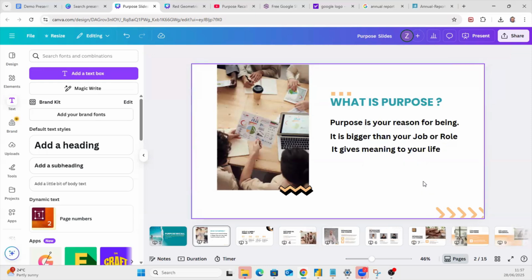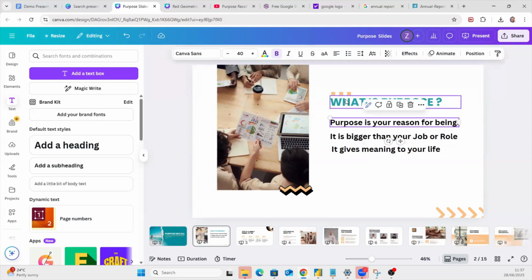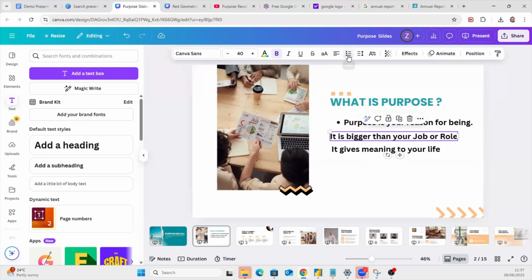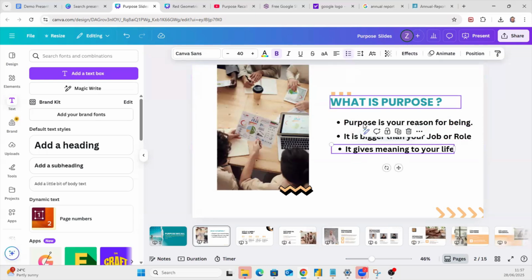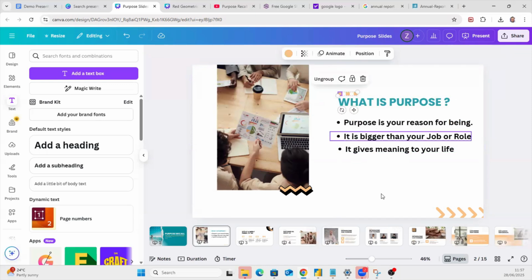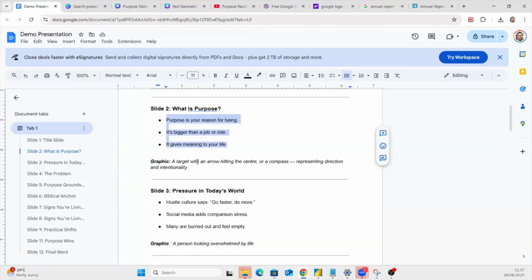But of course, I've got stuff to say. If I want to add a bullet point to this, just click on lists. It has added bullet points. And I've added that. And of course, I can add effects to it. I can add the animations. But the last thing we said here, and that is something that is in our list here, a target with an arrow hitting the center. If I pick this up,